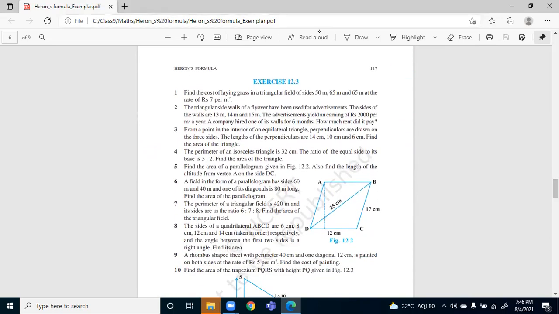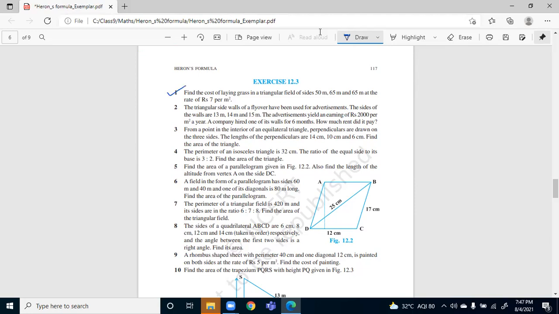Okay, so we will be doing all the questions, whatever is important, one by one. So let's start. This is the exemplar book. If you want, I can share the PDF. It's better, don't write the question, just write the exercise number and question number 1, then write the solution. Okay, so question number 1.